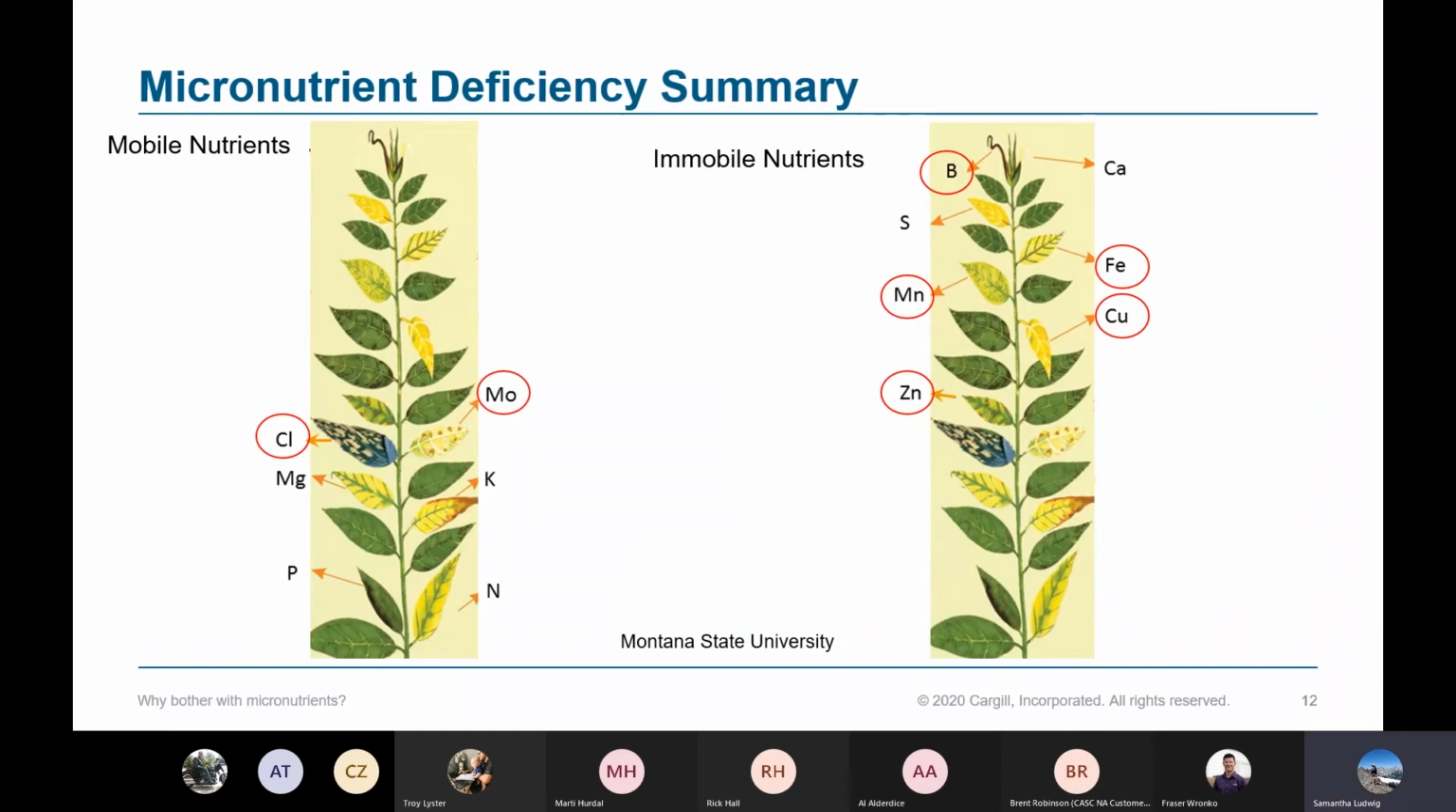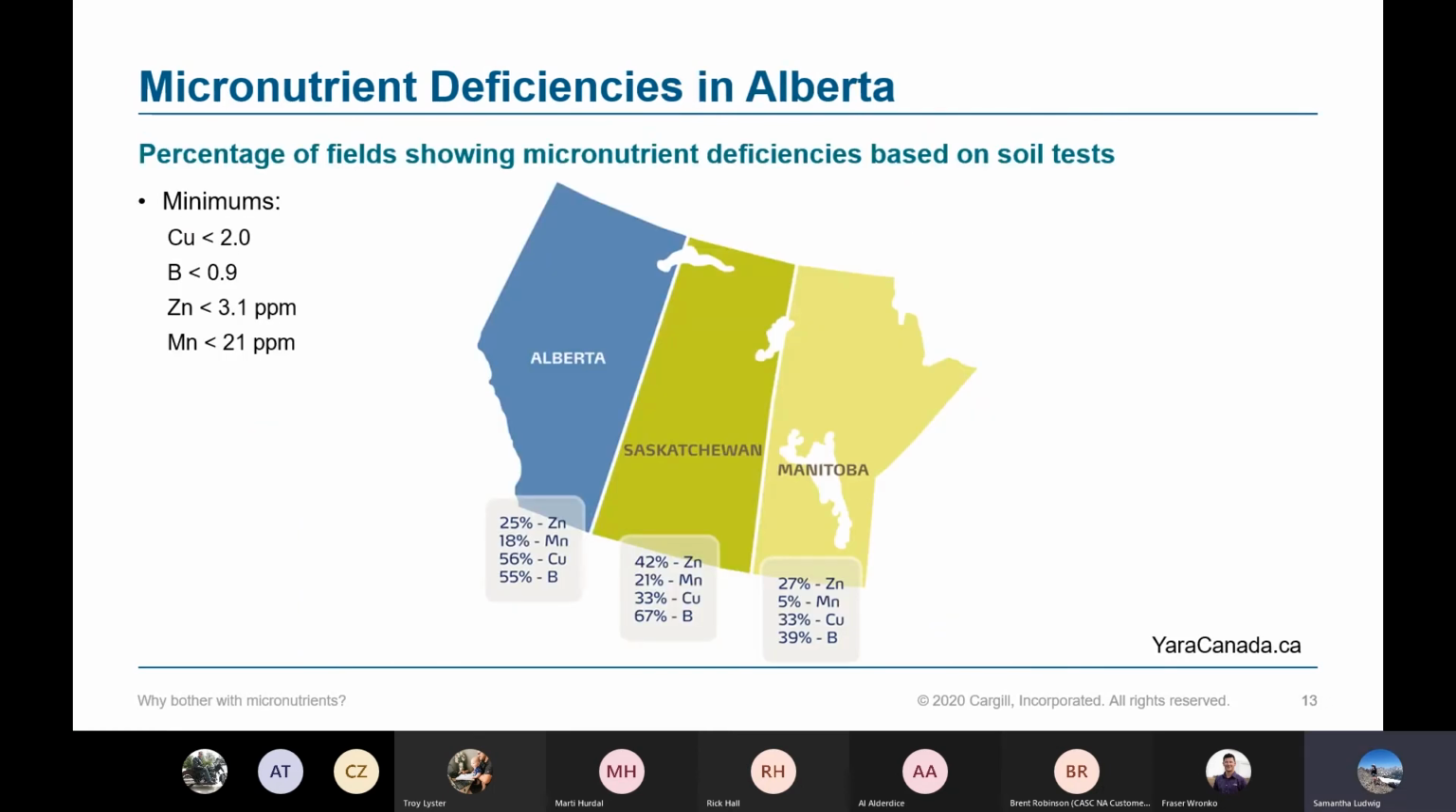So to quickly summarize, I found this really great image from Montana State University that shows often where you will see those deficiency symptoms within the plant. And this includes macronutrients as well. And it gives kind of a really good imagery of what those deficiency symptoms look like. So bringing this back to where we are,